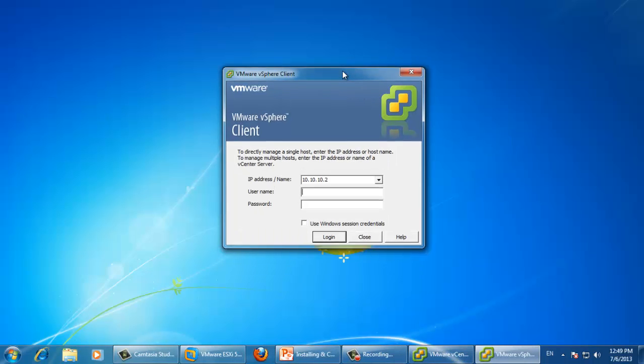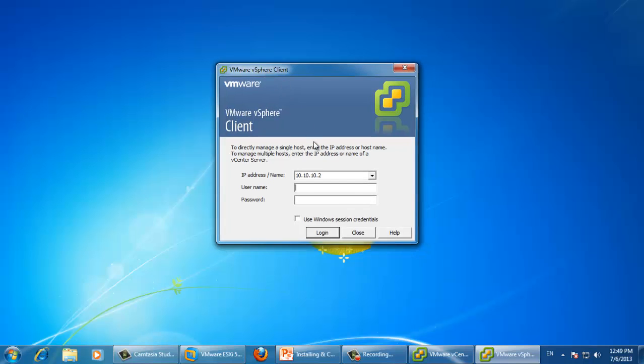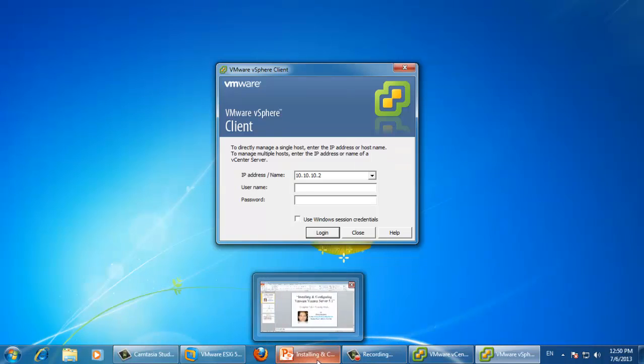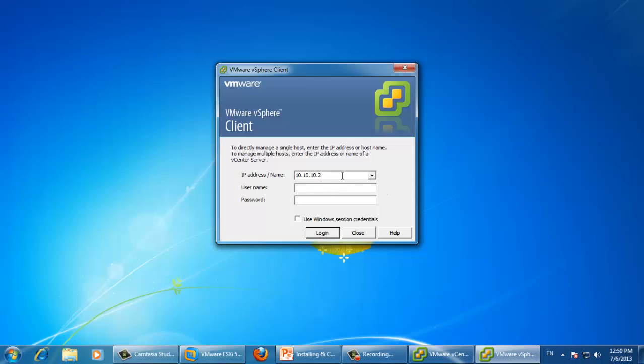Okay, as you can see here, you have to enter the IP address, the username and password. If you want to connect to your vCenter server, you have to type the IP address of the vCenter server and the username and password. The username and password used to connect to vCenter server is an administrative account of your domain controller. Okay, here the vCenter server IP address is 10.10.10.2. Okay, let's leave it at the default. The username of vCenter server is administrator. The password, I'm typing it,